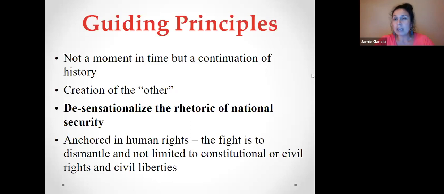But there was also the savage native, right? There was also the criminal Black person. There were various other types of discriminatory practices that law enforcement use to basically deem their presence in our community necessary. So the third principle, I think, being so important is the desensationalization of the rhetoric